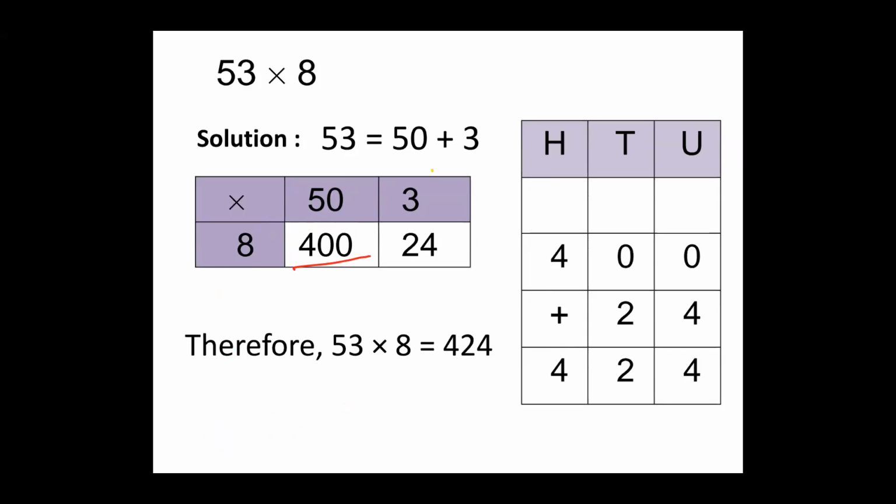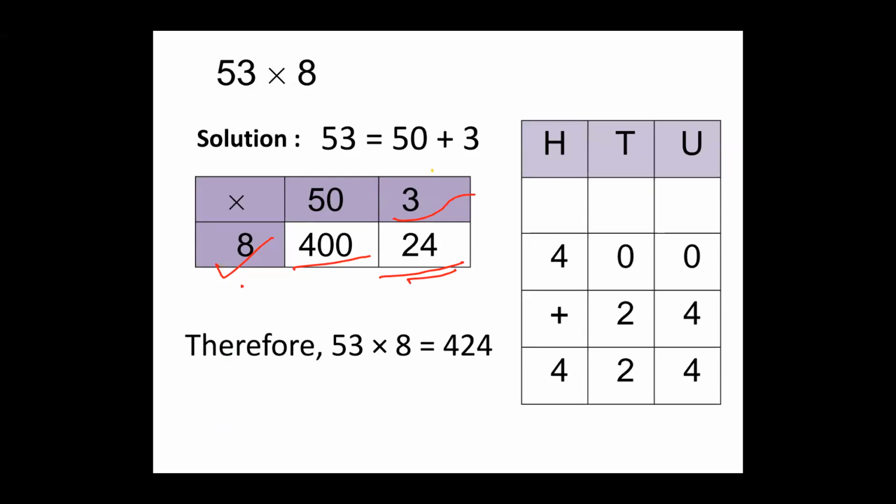Now, the next number is 8 multiplied by 3. 8 you are going to multiply by 3. So 8 threes are 24. Have you seen why I have said you should know the tables? Because we are going to multiply each number, and for that tables are very, very important. Correct. Yes, students, your answers are right. 8 threes are 24. Correct.